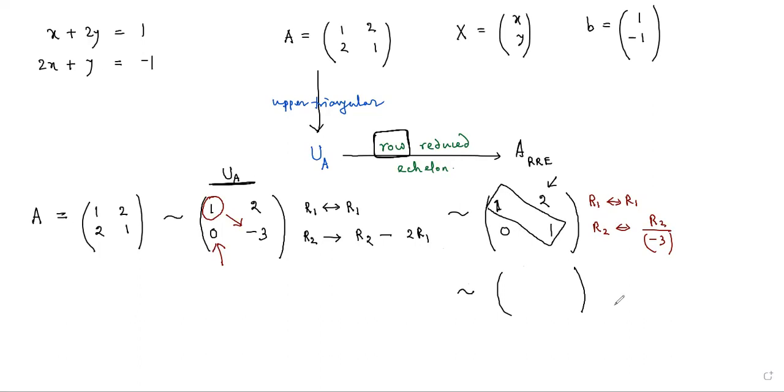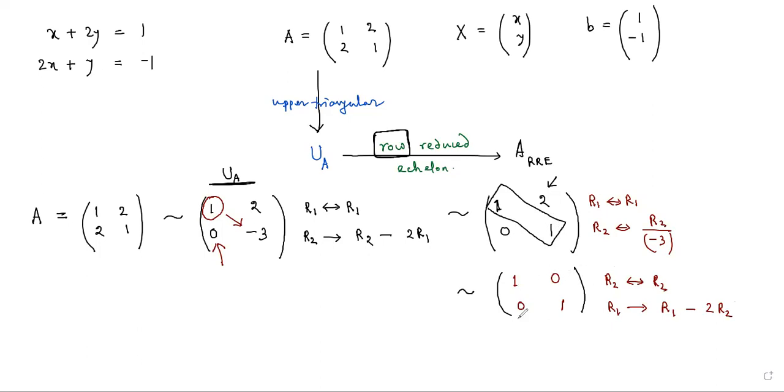They should remain as it is. In this manner we have to apply the row operations. Now this can be easily done over here. Here I'm going to keep R2 fixed. I'm not going to change R2. So 0 and 1 will remain there. But here R1 is going to change in the following manner. So I'm going to subtract twice R2 from R1. So we get 1 minus 0, that is 1, and 2 minus 2, that is 0.